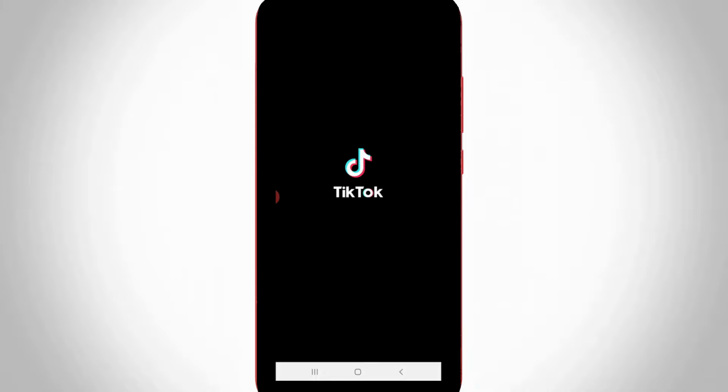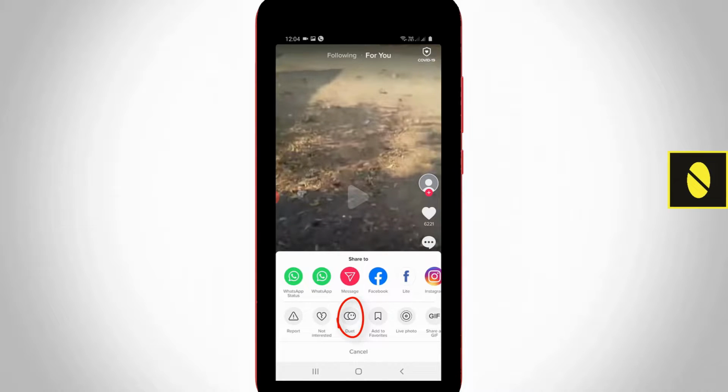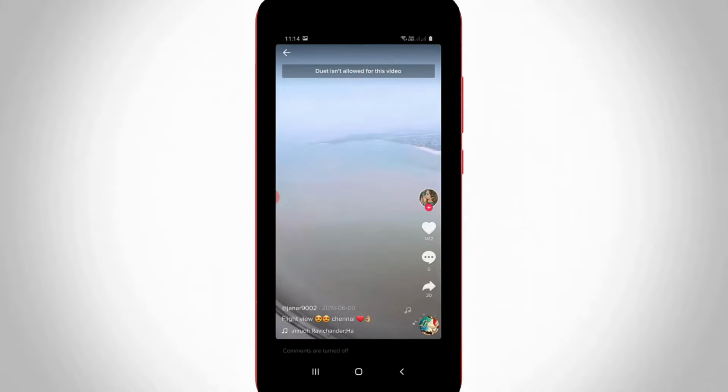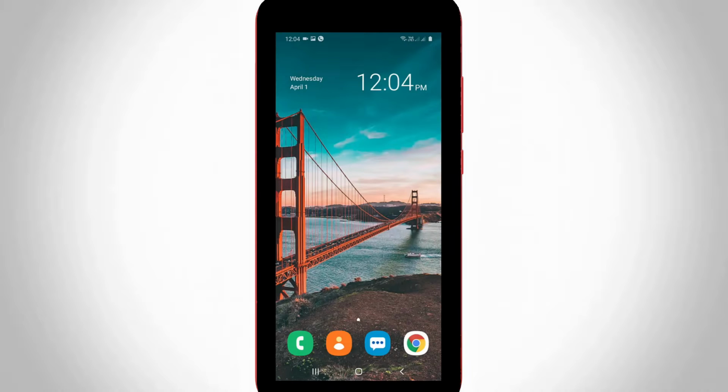So today I will show you how to disable the duet feature in your TikTok application. Once you disable this feature, other TikTok users won't be able to duet with your TikTok videos, and this also protects your privacy. And once you enable it, if maybe your friend tries to press duet settings, they get this error message: duet is not allowed for this video. So anyway, how to activate this feature?